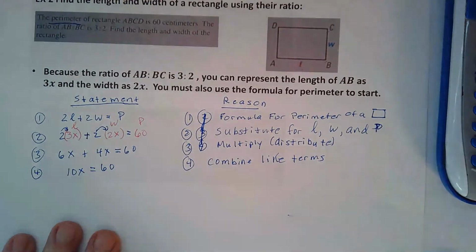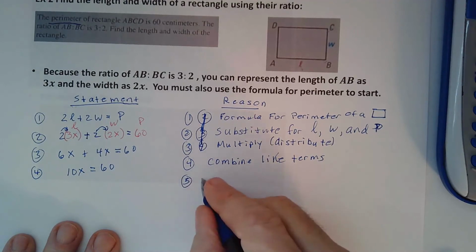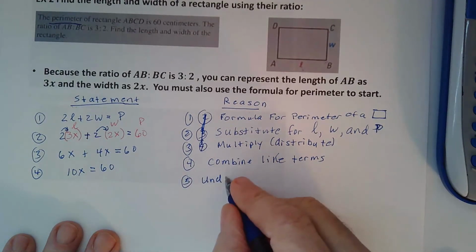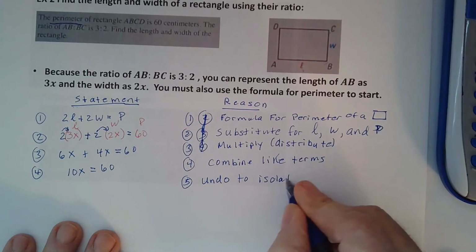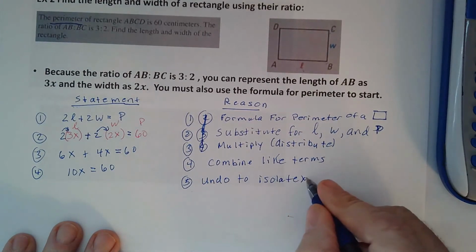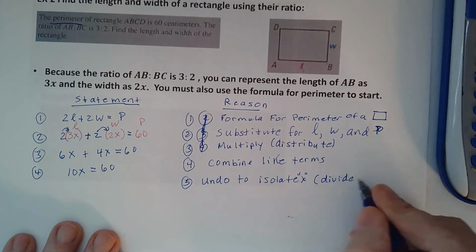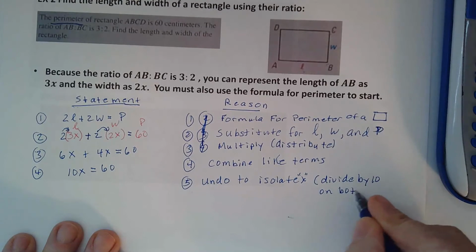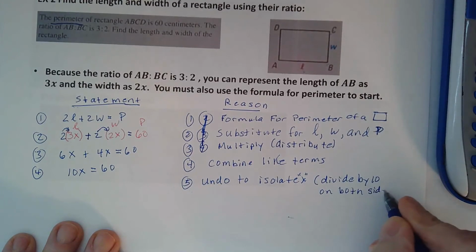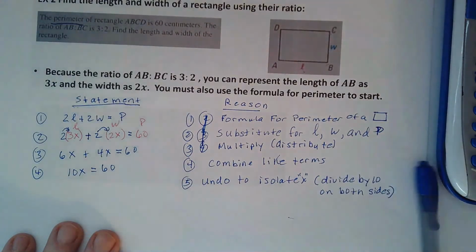And then we're going to finally undo, to isolate x, which means we're going to divide by 10 on both sides. Okay. So divide by 10,